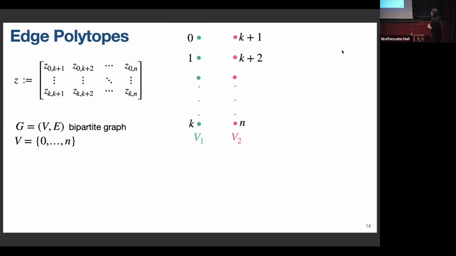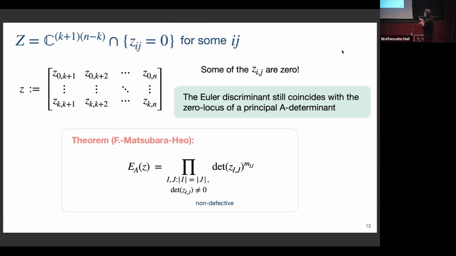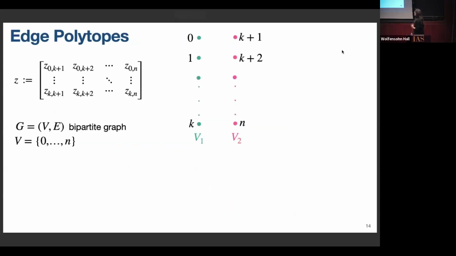So what is the machinery that you need to develop to prove this? As we've seen, the main definition relies on knowing the combinatorics of the polytope associated to the matrix A. And for this type of matrices that arise from hyperplanes, there are built-in notions for the polytopes with precisely those vertices. So given our matrix Z, we define a bipartite graph G with vertex set V and